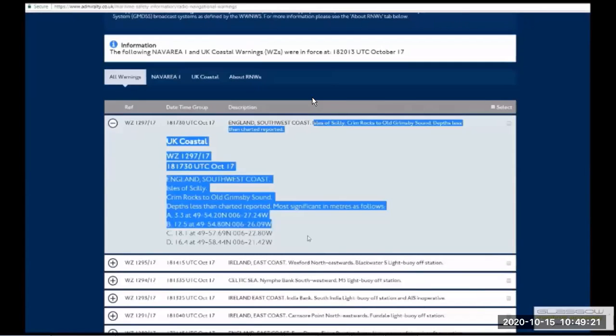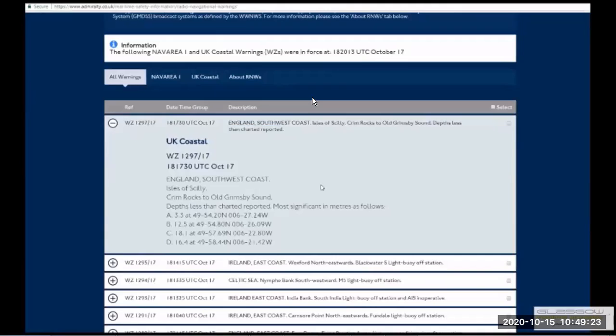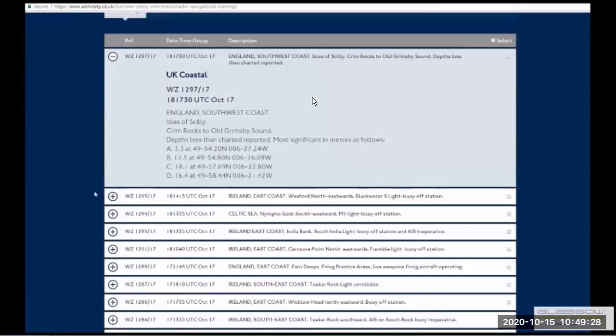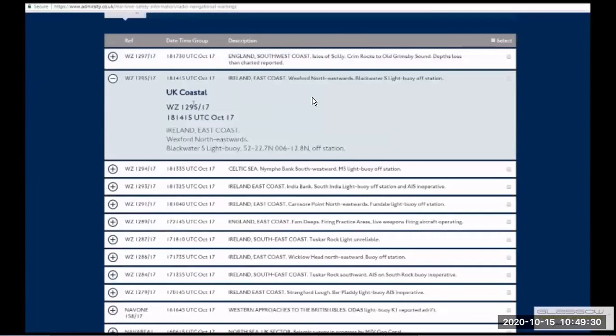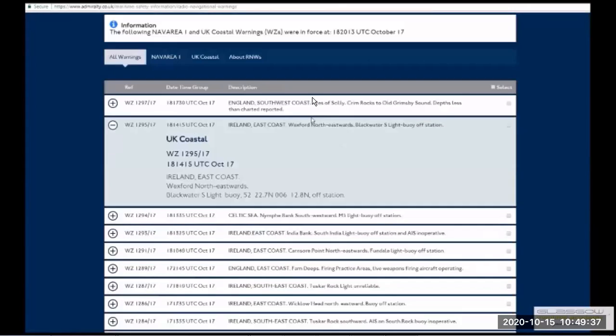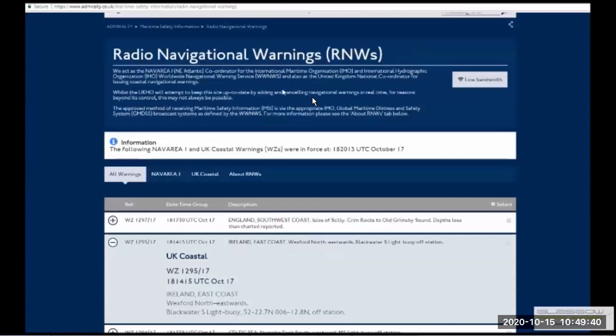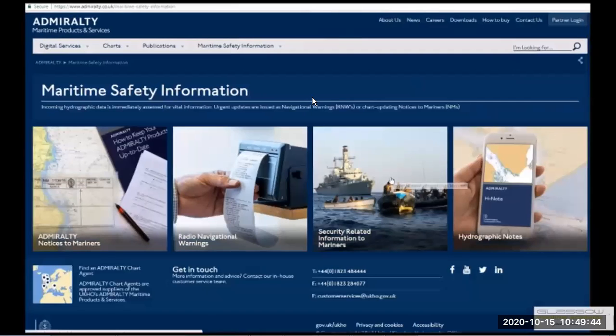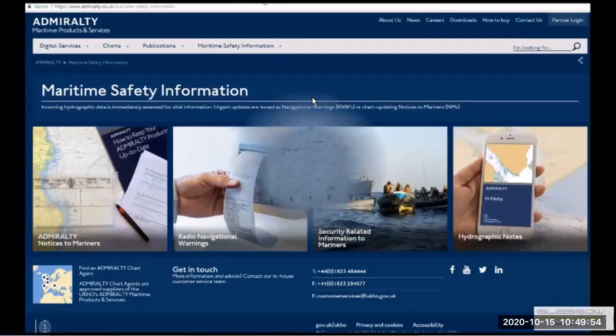The latest nav warnings you will get from your SAT-C, Navtex, and also from your weekly notices to mariners, which is very important for use in your passage planning. And then we have security related information, which is there in your books, and that you can also get separately. Same in your SAT-C and